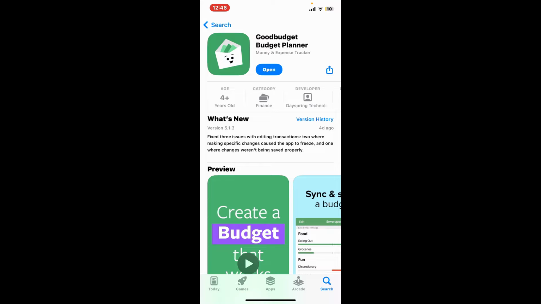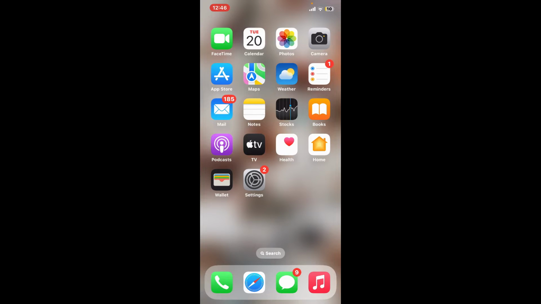Budget Planner application. But if you see an open button, it means that you've already updated the application to the latest version. That is how you can easily update Goodbudget application to its latest version in just a couple of